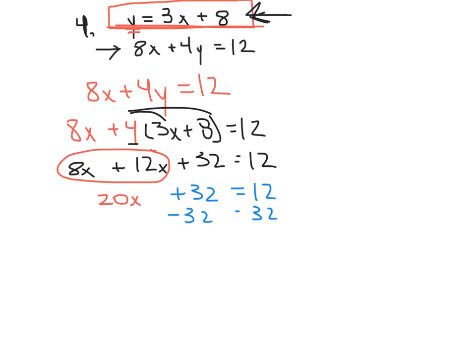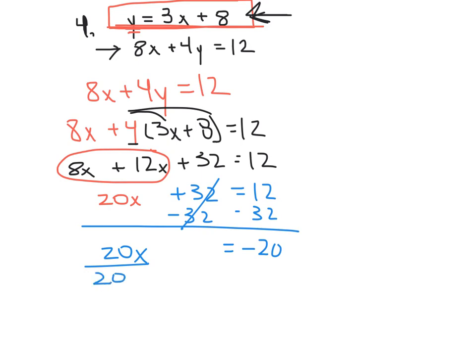32 from each side, and we would end up with 20x equals 12 minus 32, which is a negative 20. To get that x all by itself, we would divide each side by 20, and that gives us x equals negative 1. Now our last step again is to solve for y, because our goal is to get a y